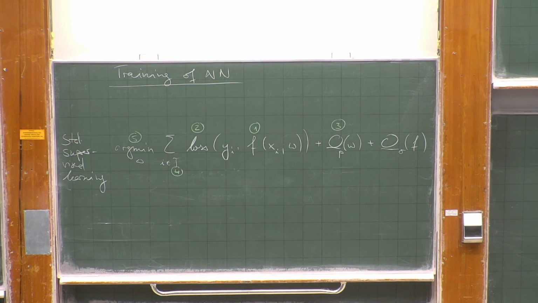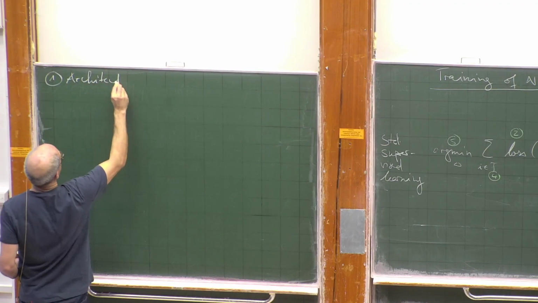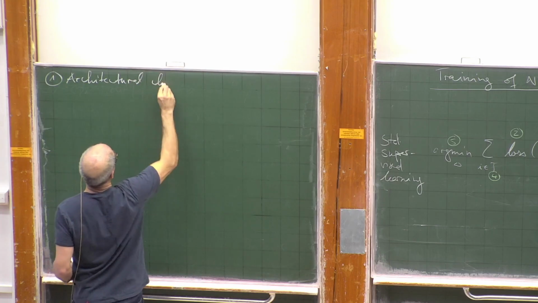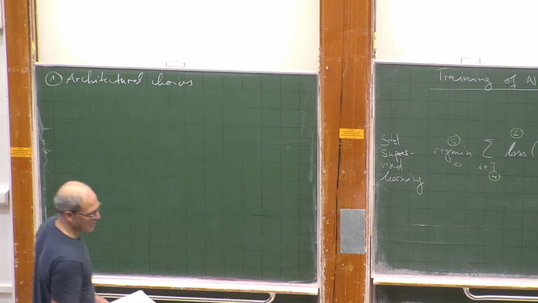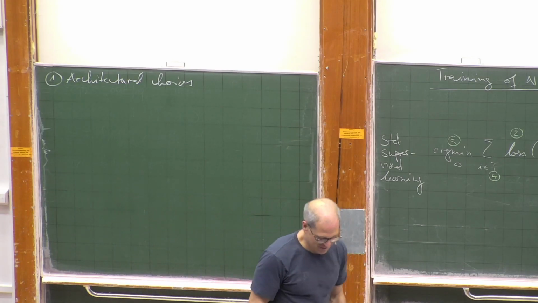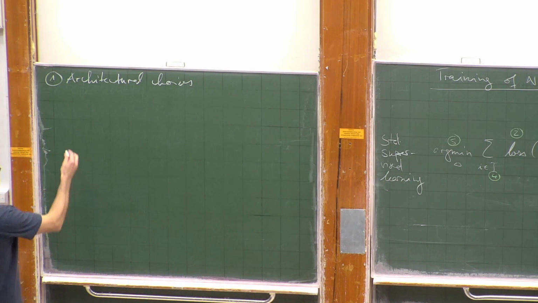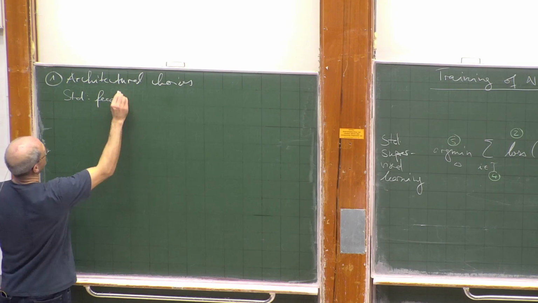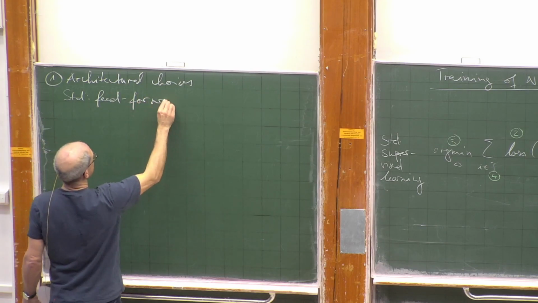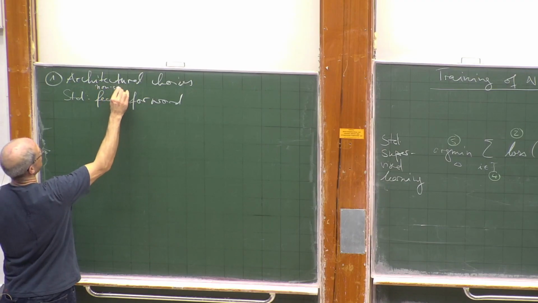So starting with the architecture itself. Architectural choices, there are many. First and foremost, the question, very broadly, is what families of architecture do you use? The standard nowadays would be feed-forward neural networks, or maybe I should even say non-spiking,